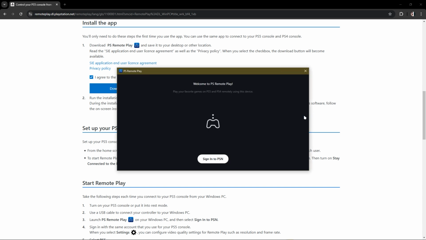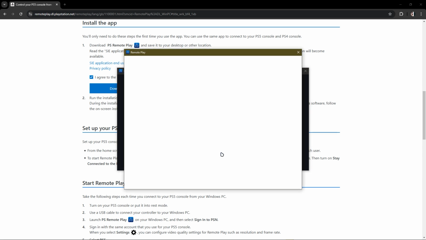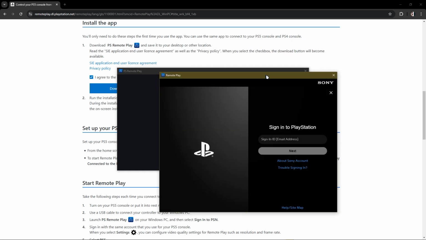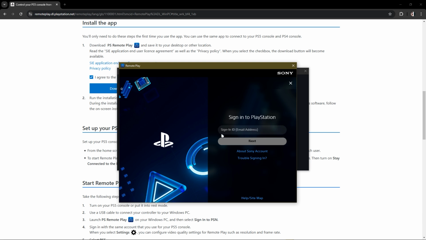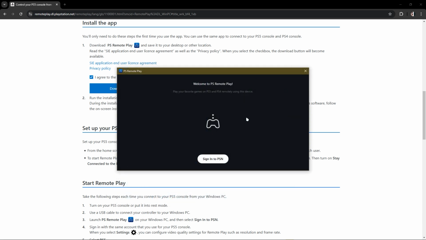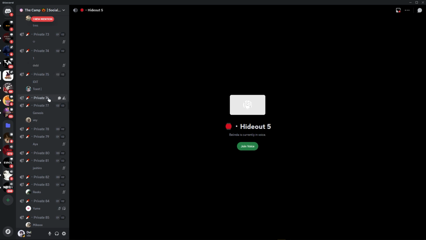Now, once you are in the PS Remote Play, you are here to sign in your PlayStation. And as you can see, you just have to log in here, your PlayStation, and you must sign in. So in order for that, you just have to fill up and next, and it will go automatically and remote your play. Once the display screen is in here,